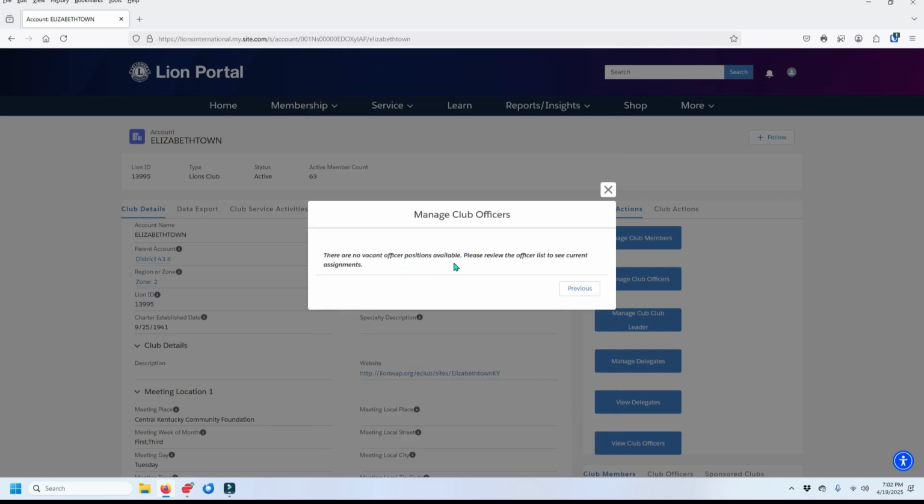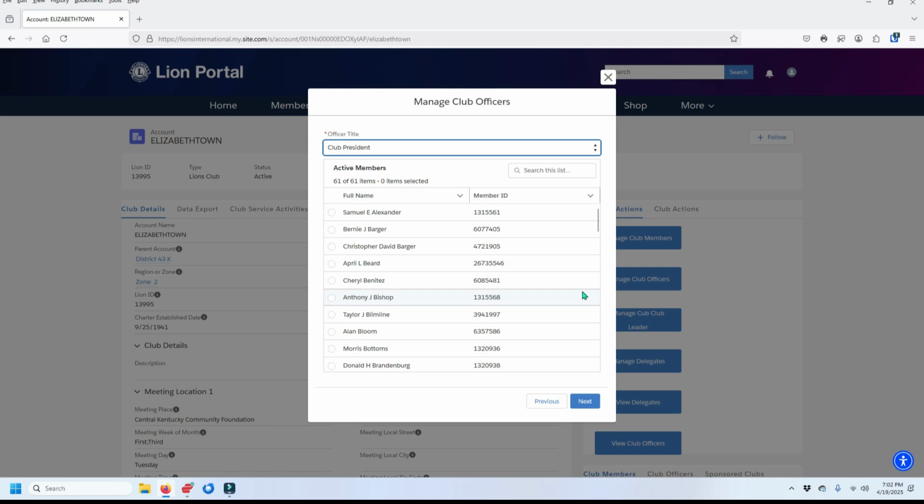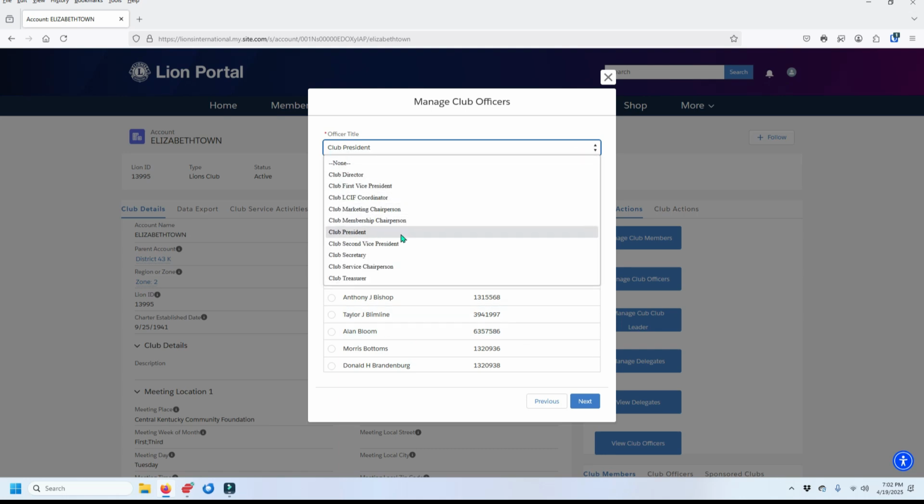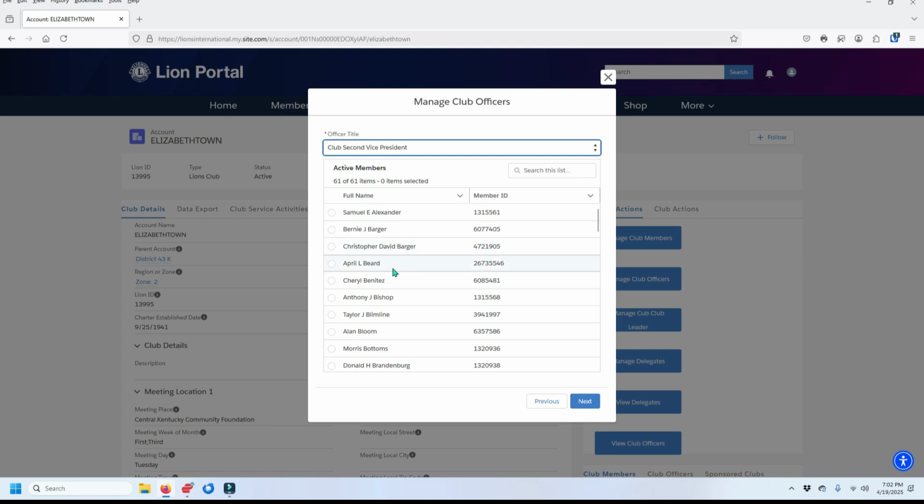and it says there are no vacant positions available. Please preview the current list for assignments. Okay, what that's telling me is we have already put in our club president. So now we're going to come here again. I know we put in our first president, and I've also put in myself as club administrator. So now I'm going to try the vice president, because I'm not sure if I put that person in yet. So we click on